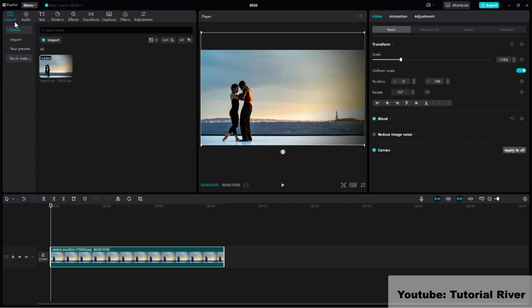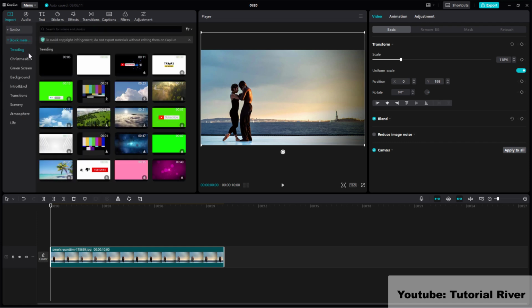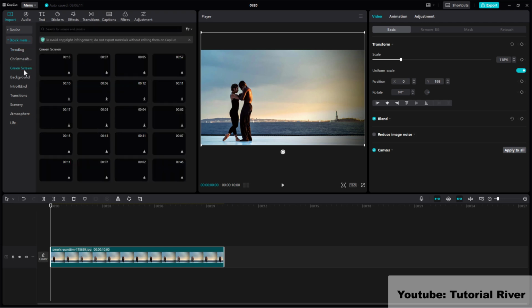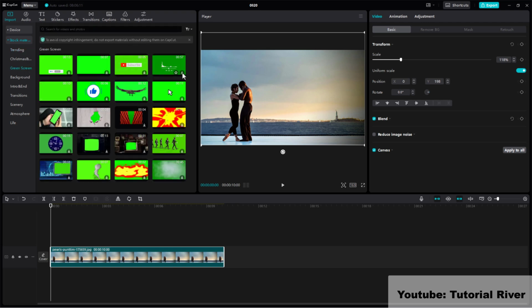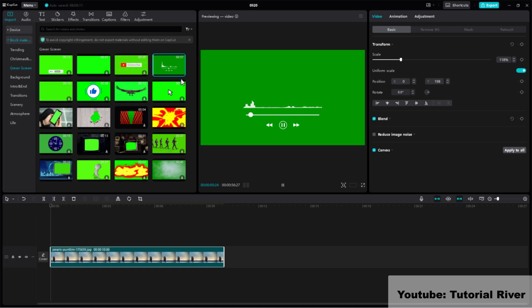Go to the stock material under the media tab and look for the green screen category. Download the audio spectrum clip. Click on the plus icon to add it in your video